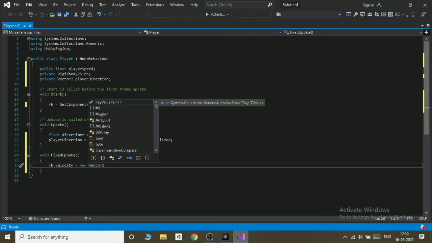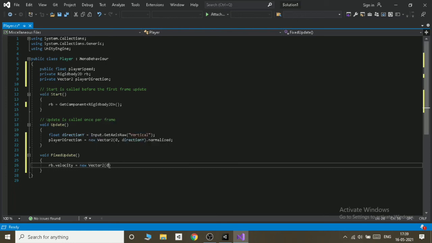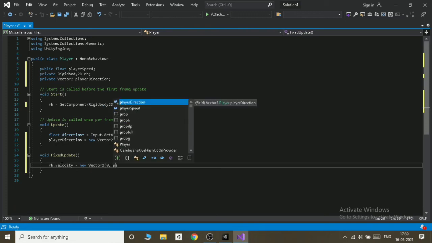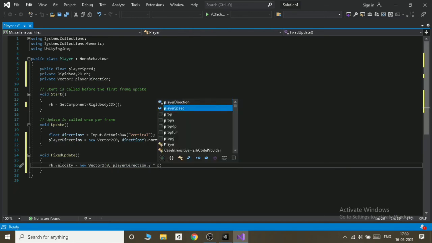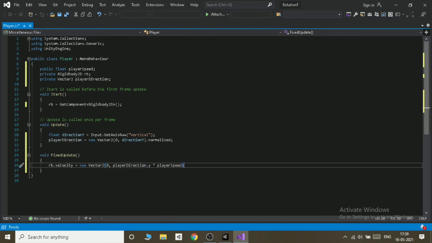So after Vector2 we will give brackets, and in brackets we have to write 0 comma playerDirection.y star playerSpeed and close this. So this much only we have to do.